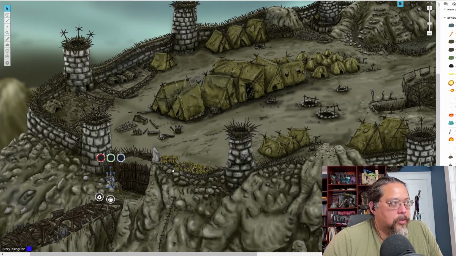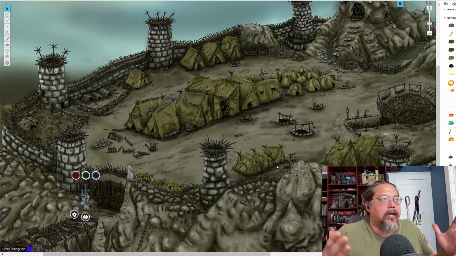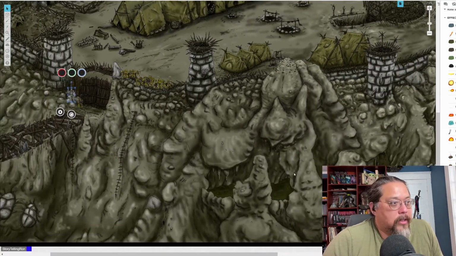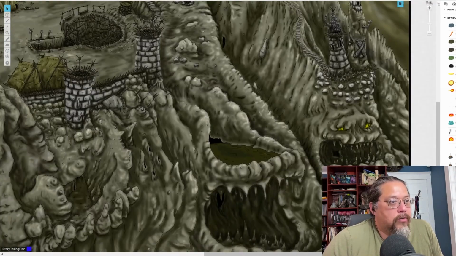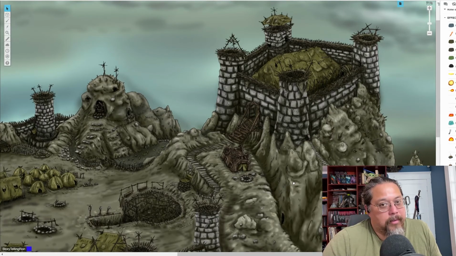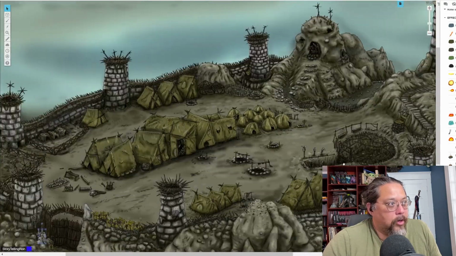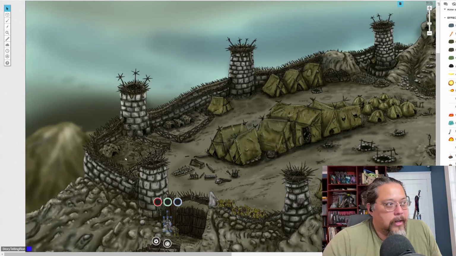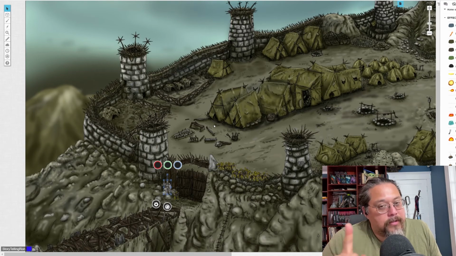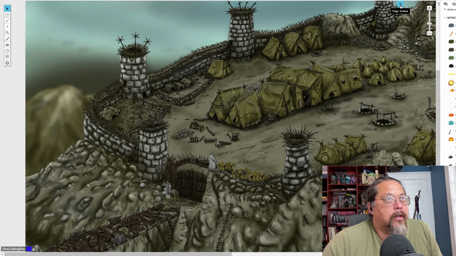That's the way I'm going to let them do it, so they can decide how to sneak in. I have no idea how they're going to sneak in, or what they're going to do. You do know what's what. There's Gricks down here and Sturges over here, and if they go over here, they're going to be fighting tough things really fast that are very organized. Over here, not as organized. If they attack this tower, especially in the bright daylight, no one's going to bother them, and the goblins are going to be yelling and screaming and fighting them. And if they do attack this tower, by the way, you have to move to